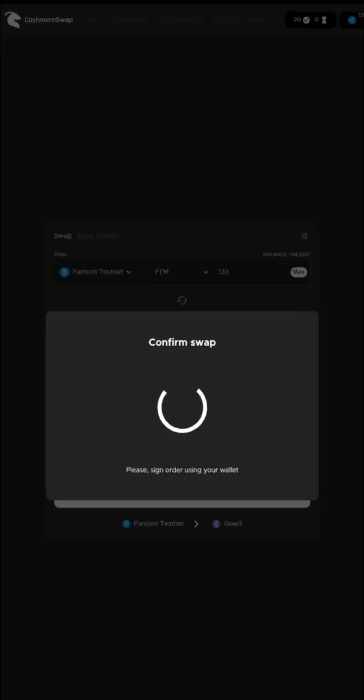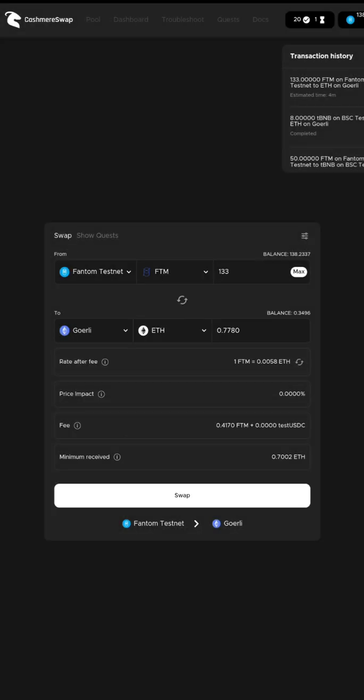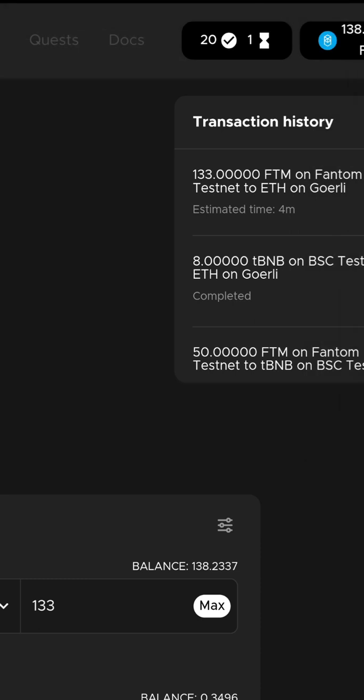Now we'll go back to this. You can see that our transaction has been successful and it's pending. Okay, so down here you can see this. I've done 20 transactions and one is pending. That's the one we just did now. So at the end of the day, when it's confirmed on this Cashmere testnet, it's going to become 21